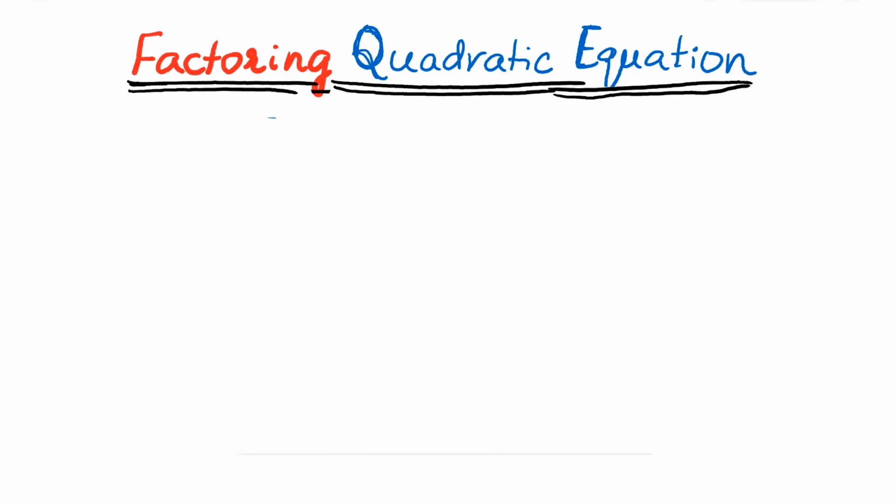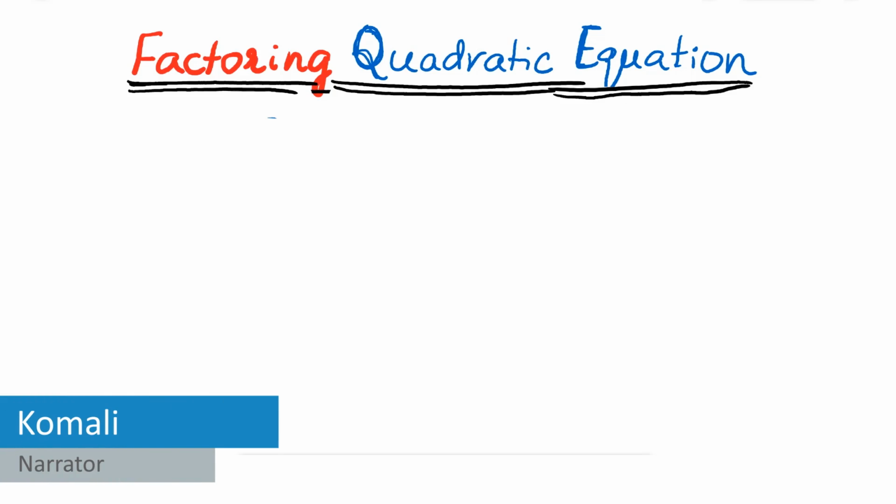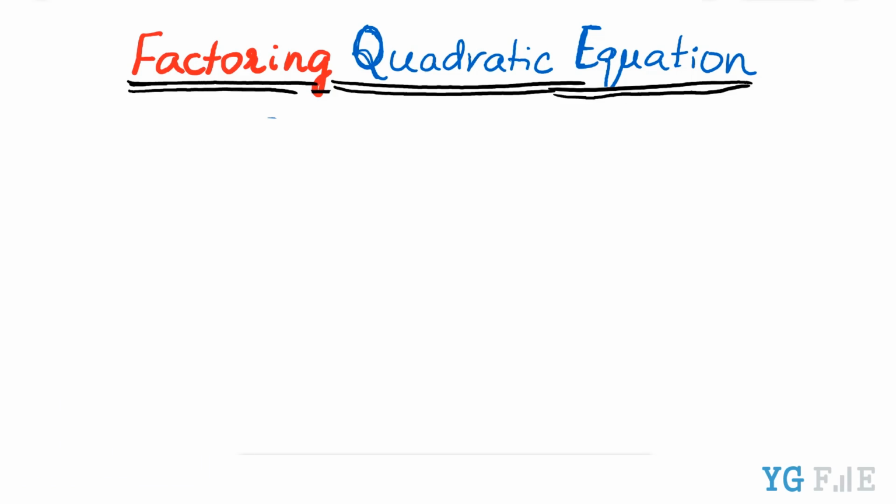Factoring quadratic equations. This is a technique used to solve quadratic equations. Let us take an example to illustrate how to factor a quadratic equation. We will take x square minus 7x plus 12 equal to 0. When we try to factor this one, we remember that